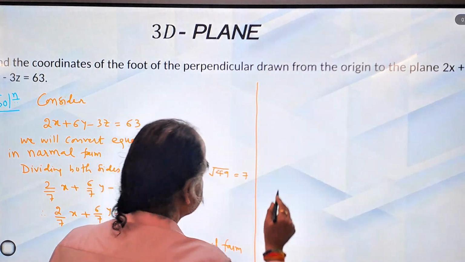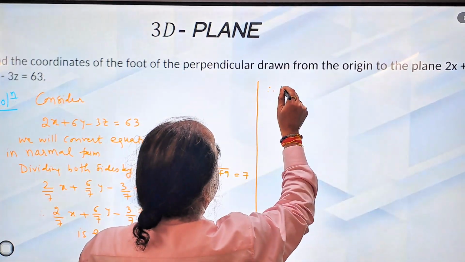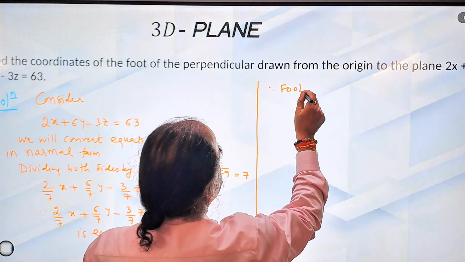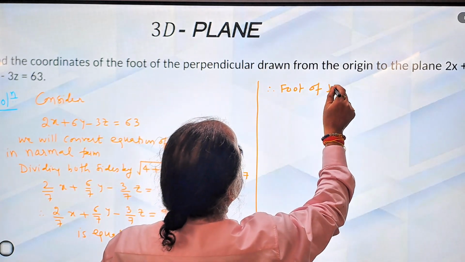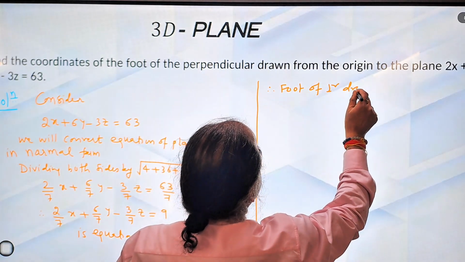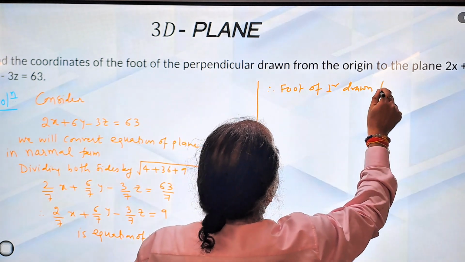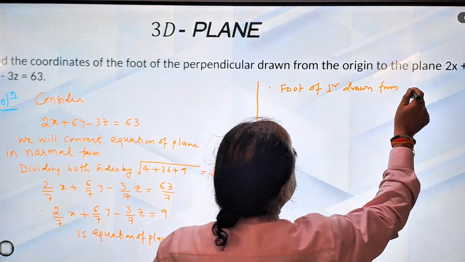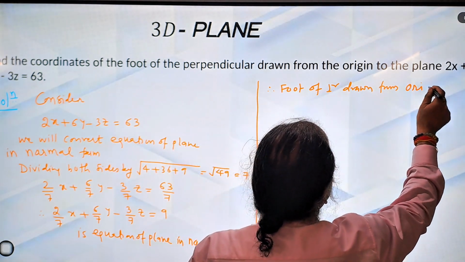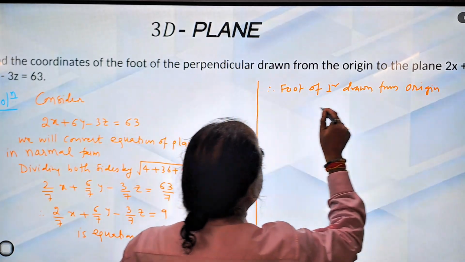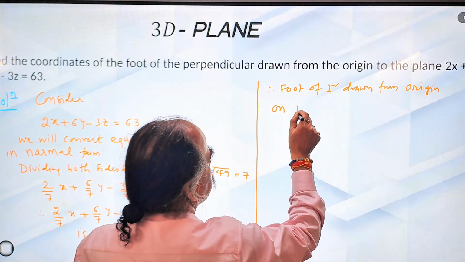Therefore, foot of perpendicular drawn from origin on plane